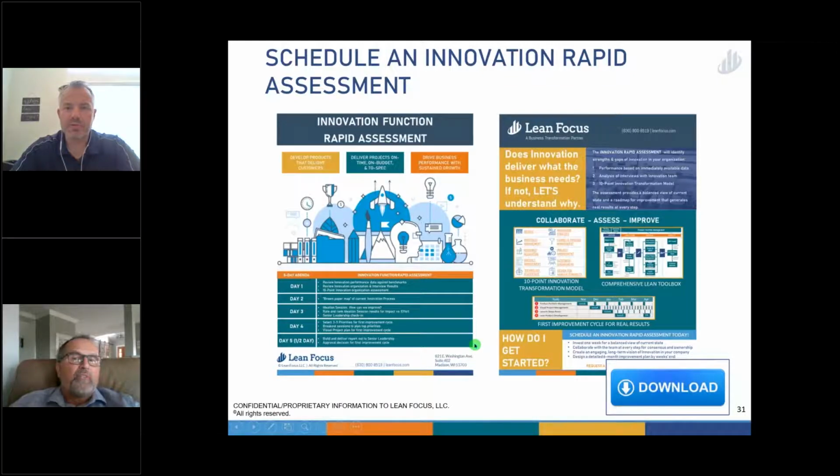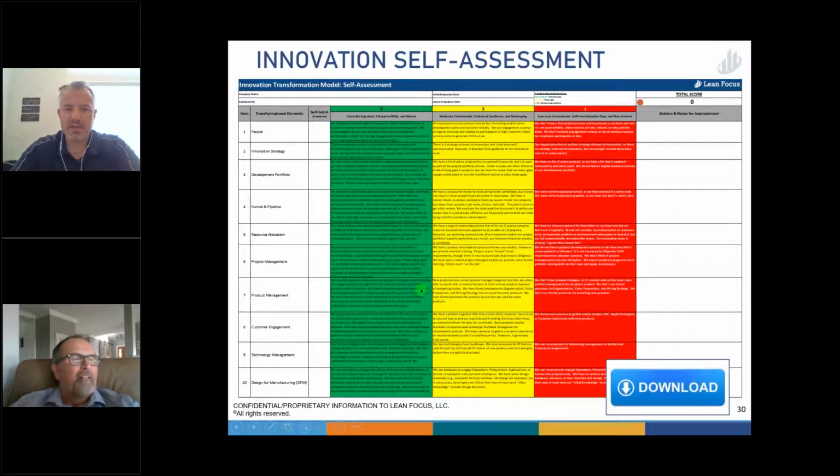The next step. George, real quick on that one. If you go back one slide. Sure. This is one of the handouts. So you can download this Excel document and you can do this with your teams to see where you are versus best in class. Yeah, it's a great first step. It gets you thinking this way, and I would recommend this to anybody that wants to go down this path. Do the self-assessment. I think it's clarifying.